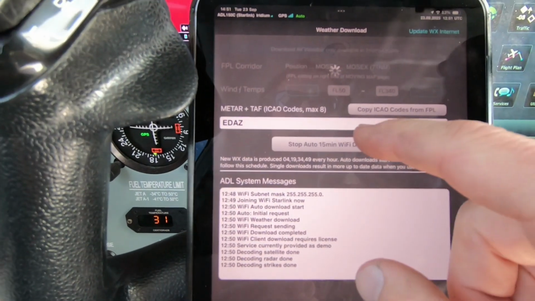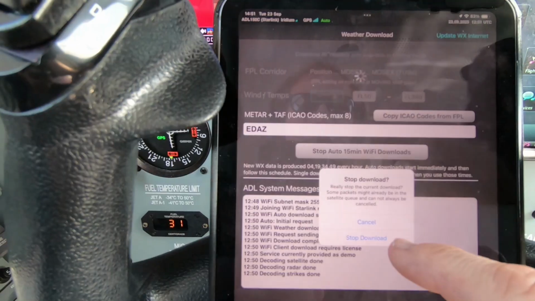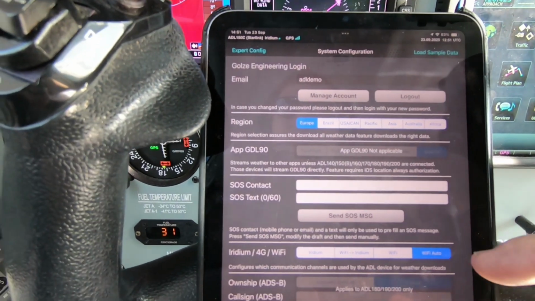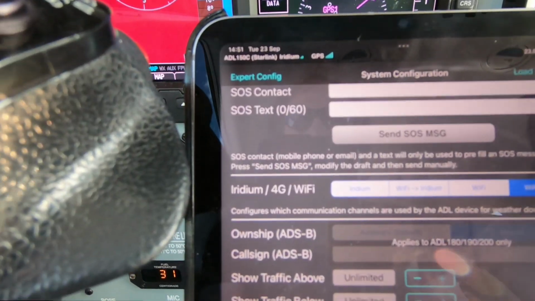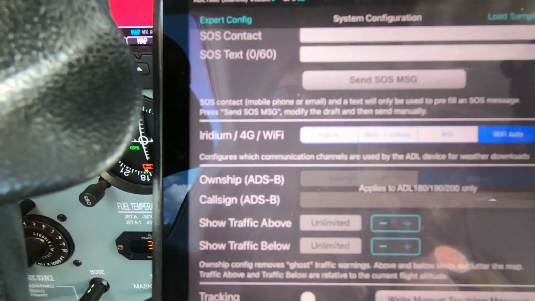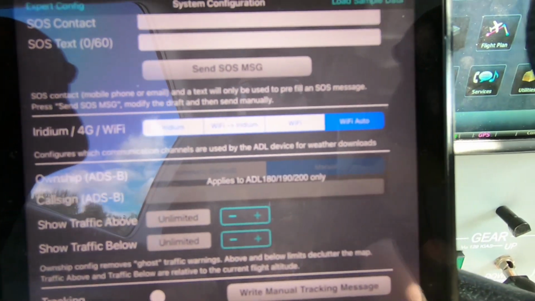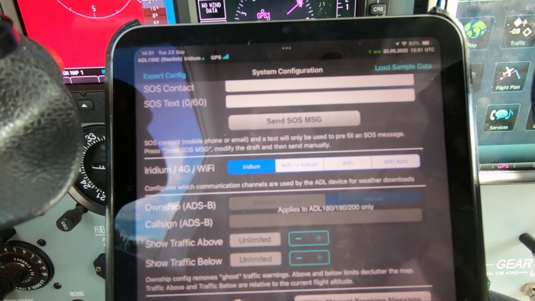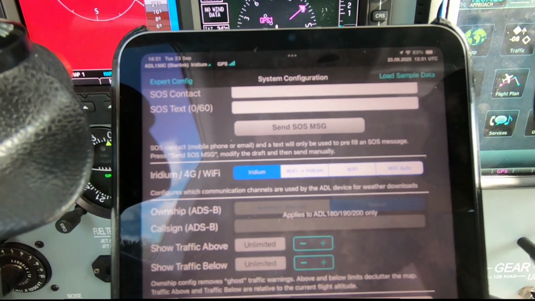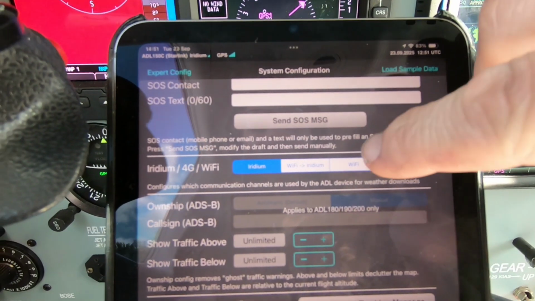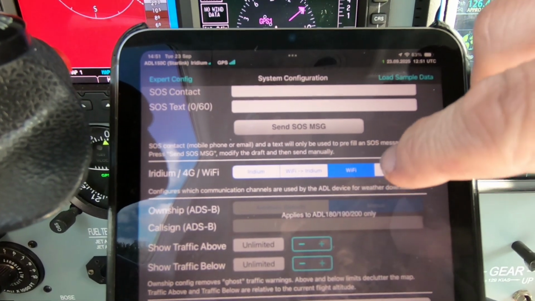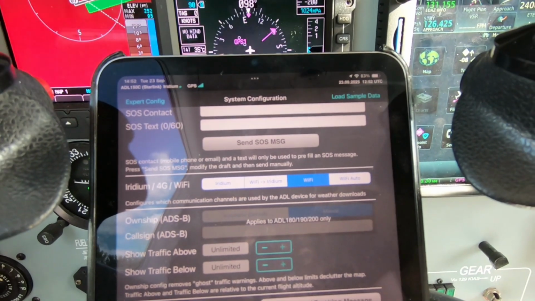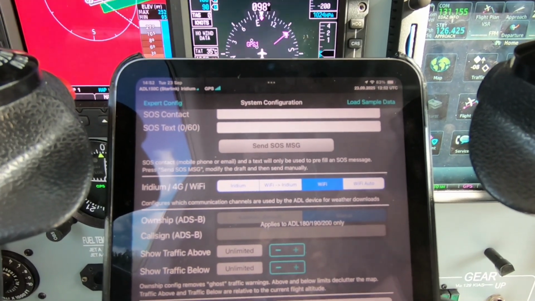And let me stop this download. We can now go over to the config page, and there will be a few new settings, and one is the Iridium 4G Wi-Fi configuration, and we see a few modes. We can go to Iridium, then the ADL device will just work as before with its Iridium connection, but we can also go to the Wi-Fi mode, and the Wi-Fi auto mode will automatically start the download after the device